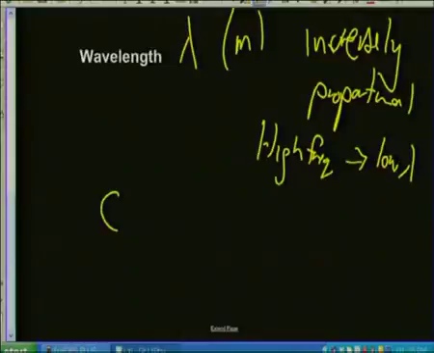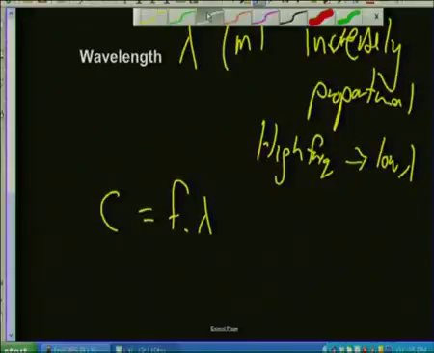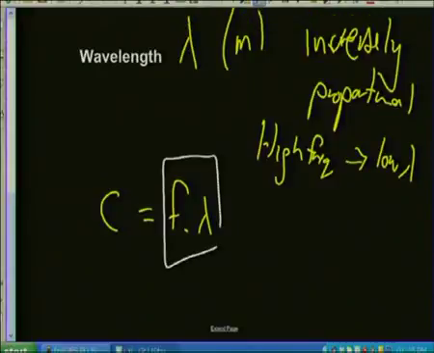How do we relate that in a formula? Well, remember that we can say the speed of light, the speed of any wave, is equal to the frequency times the wavelength. And there you can see these two variables are multiplied together to give you a constant. This is a constant. So it's a very good example of an inverse proportion. Now, please remember, though, that when we're talking about speed and distance and